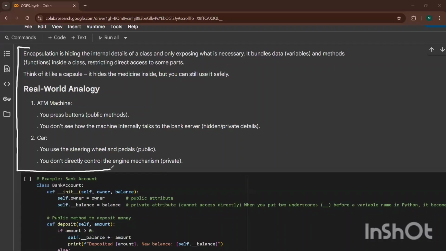Sudha, Tamanna, Subhadeep, Navya, Zulekha, Ankita. Clear or not, guys? Great. Okay, then let's do some examples now.